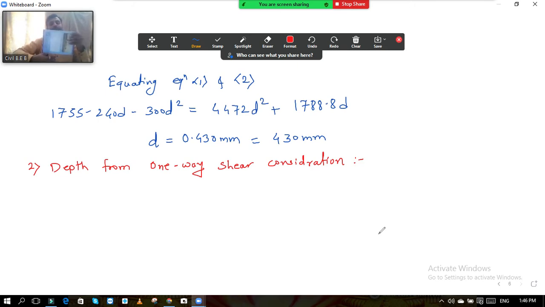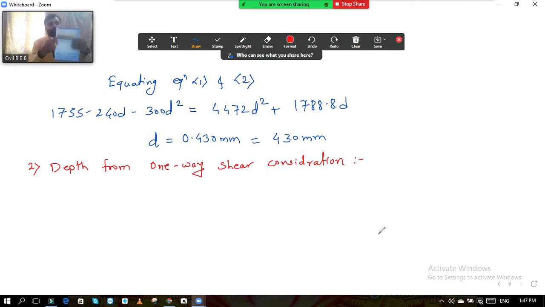from this footing. This type of failure is called one-way shear. We can say that this footing has failed due to one-way shear. It may be along this part, along the length, or along this part. Okay, this part that I have folded, these two parts get separated. The crack goes from here, and the folded part and the remaining part get separated. This will get separated, and this is called failure due to one-way shear.